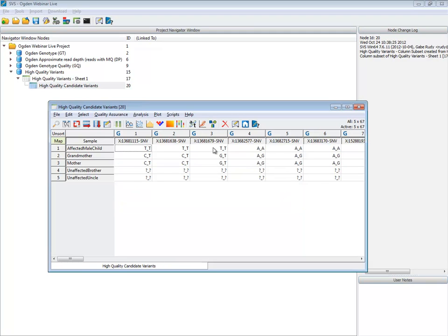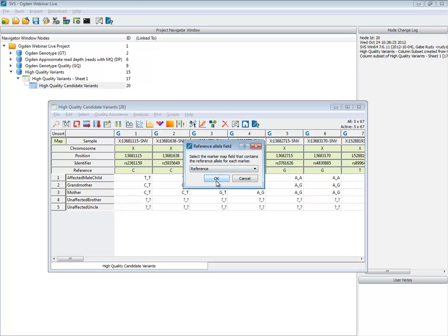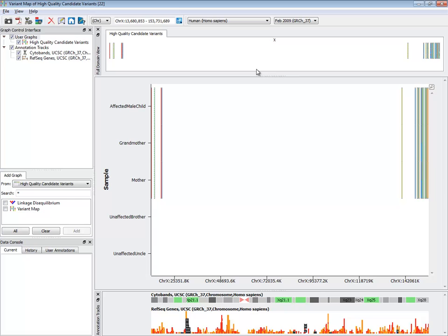One other thing I want to show here: you can see their individual positions and reference alleles, so let's see how they actually look in genomic space. We're going to pull up what we call a variant map, which is essentially a representation of any place that their genotype is non-reference, plotted in genomic space. Here's our X chromosome along the bottom. You can see there's really only two regions where there are variants that match this inheritance pattern, and this is completely